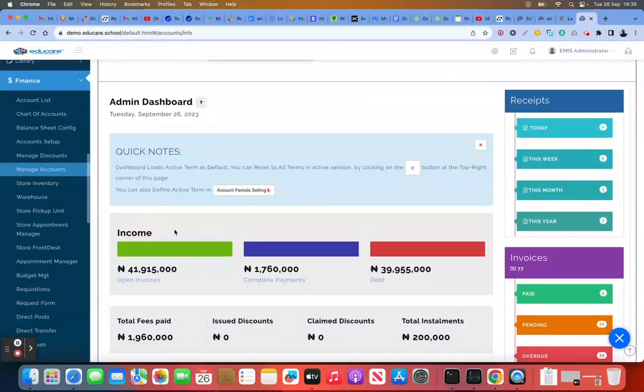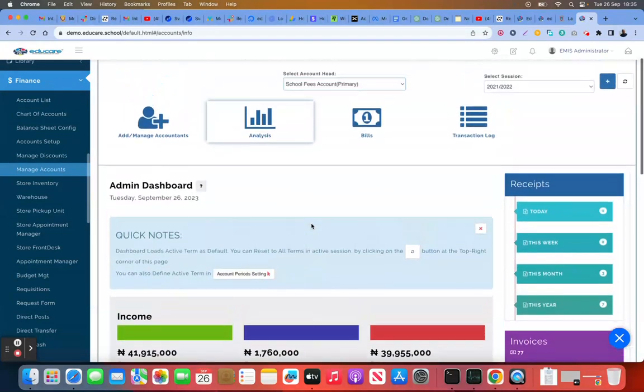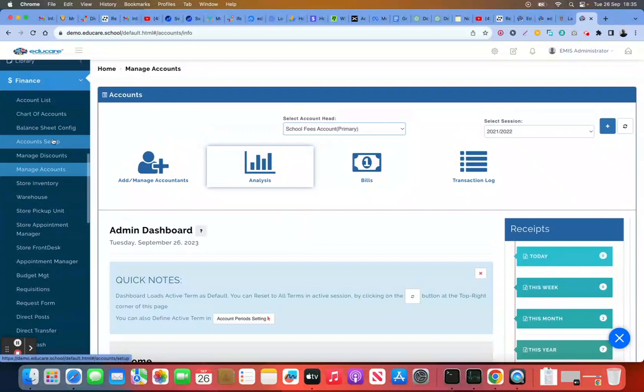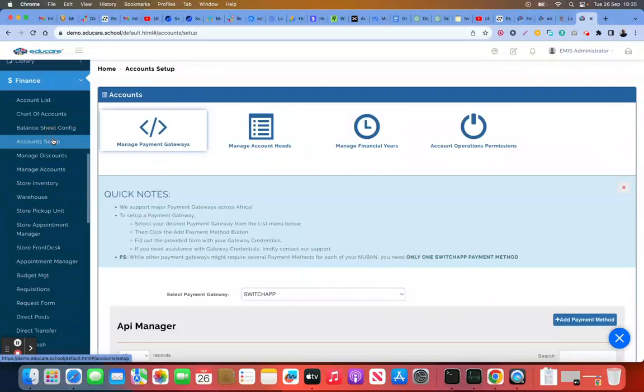So now, let's assume I have primary as a separate account head. When I raise invoices, which I'm going to show you shortly, I can see how much I'm expecting. I can see how much I have been paid. I can see how much I'm owed in debt. So now, if I go to my setup,